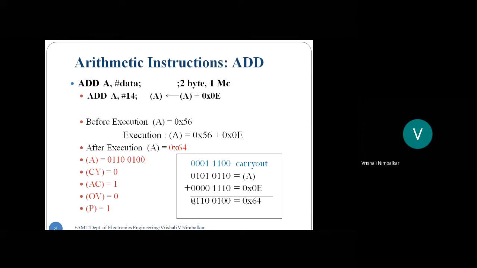Adding two positive numbers, the answer is negative. Meaning the last two bits were 0, 0 and the answer was showing the last bit as 1. Wrong. Overflow. Or adding two negative numbers, the answer is positive. Overflow. If the answer has the same sign as the numbers, there is no overflow. Opposite signs will also never have an overflow, meaning one is positive, the other is negative. There will never be an overflow. So hence the overflow flag is cleared.